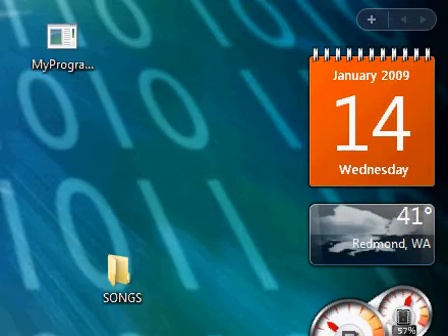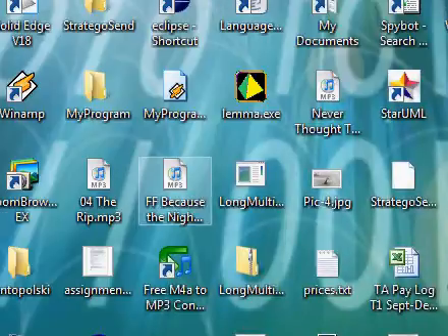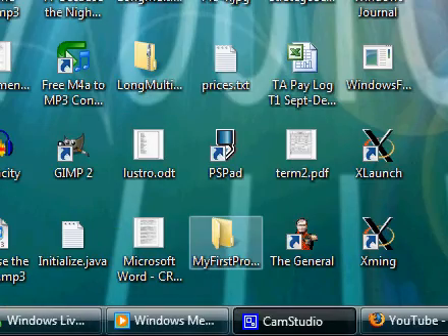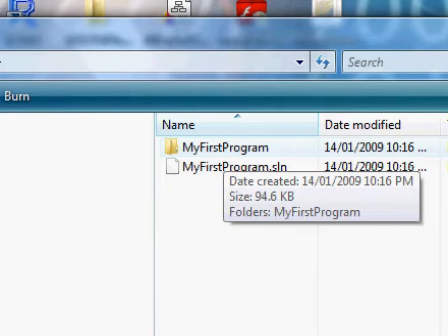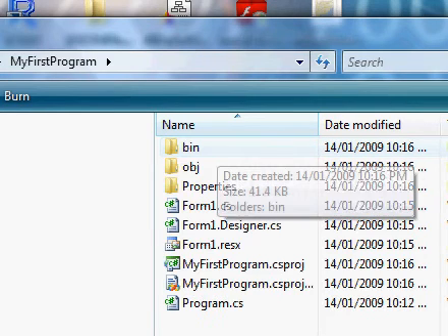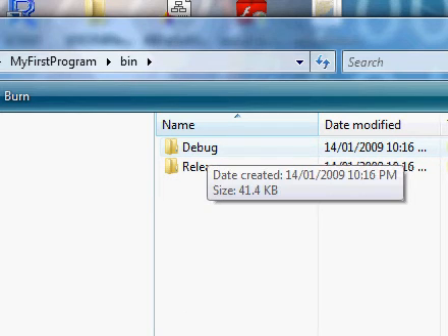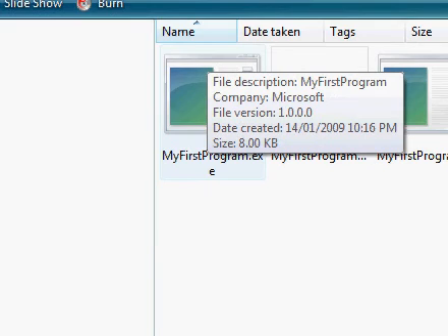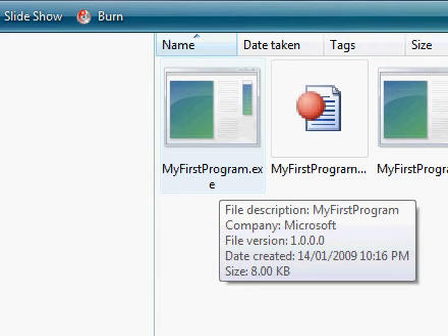And now if I go to the desktop, what I call it, my FristProgram, that file should be here. Here it is. If you open up that folder and then go into the folder for the program, there's a folder called bin, and inside that is a folder called debug. Inside your debug folder is where the executable is located for the program that you just created. So if you wanted to save this executable,